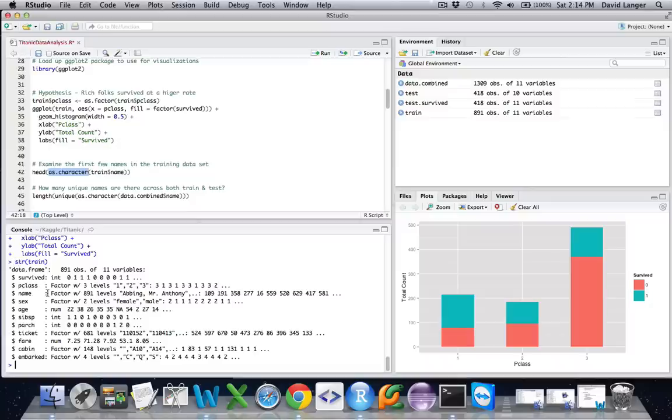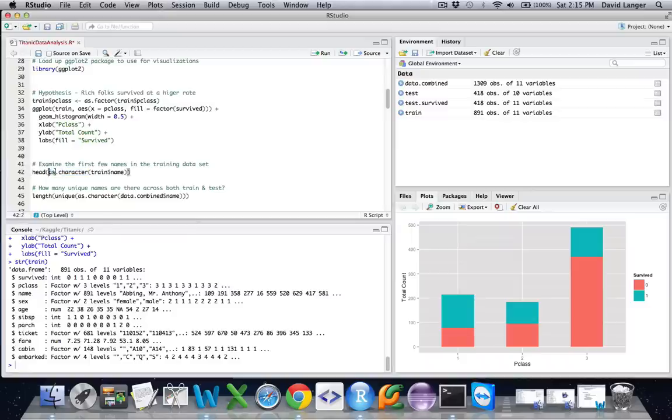And if we go down to name, you can see that it's been labeled a factor variable, which is pretty interesting. Essentially it says it's a factor with 891 levels, which means every row had a unique name, and it created a categorical variable with 891 levels. Another way to think about it is, in a drop-down in either a Windows app or a web app, you would have 891 entries, a very long list of entries. And that doesn't work for us.